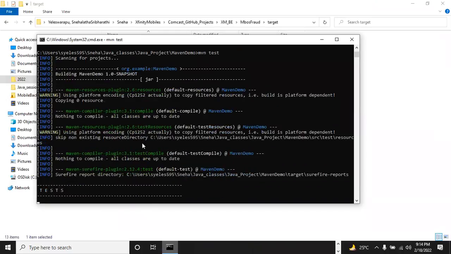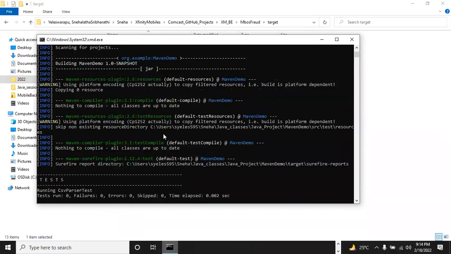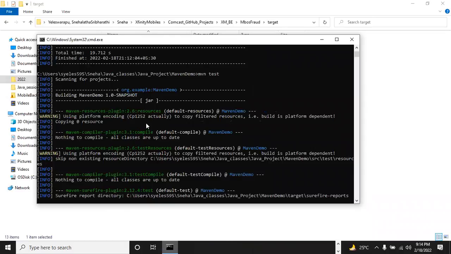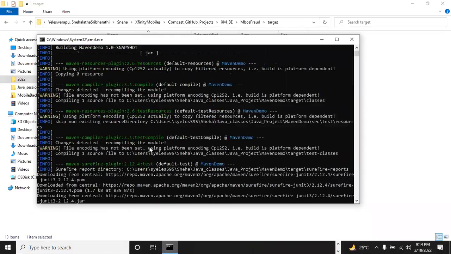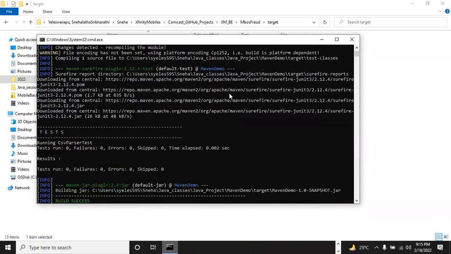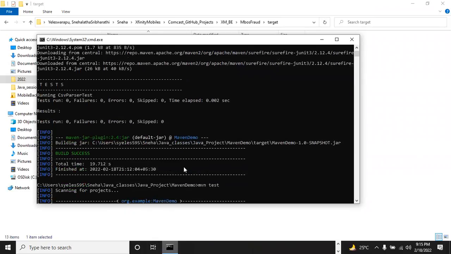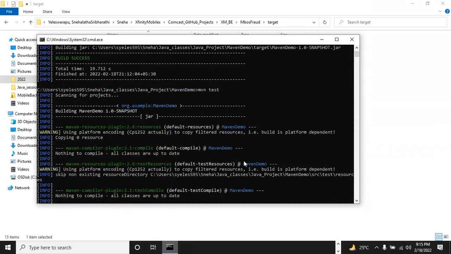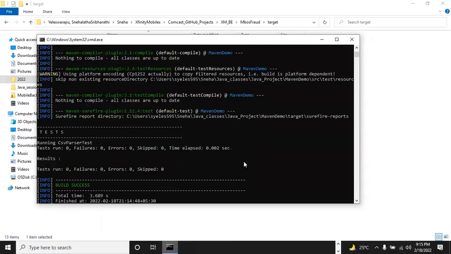If you see again, the packages which are getting called as part of test are also similar to the part of verify. So there is not much difference between these. The only thing is, if you have integration tests, it would actually go in better. But otherwise, both verify and test are almost the same. There's nothing much difference between these two, so you can just use test alone. Don't need to go for verify itself.